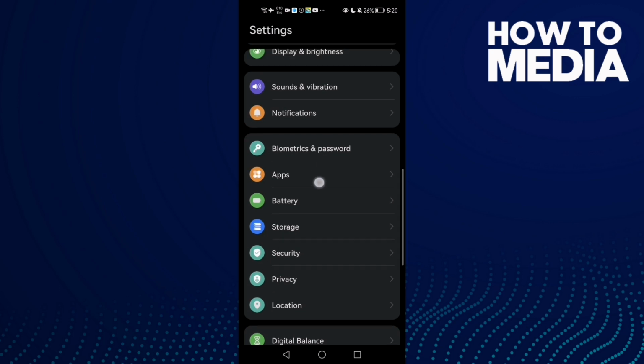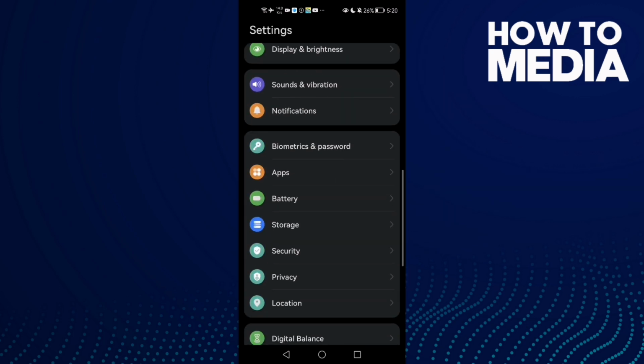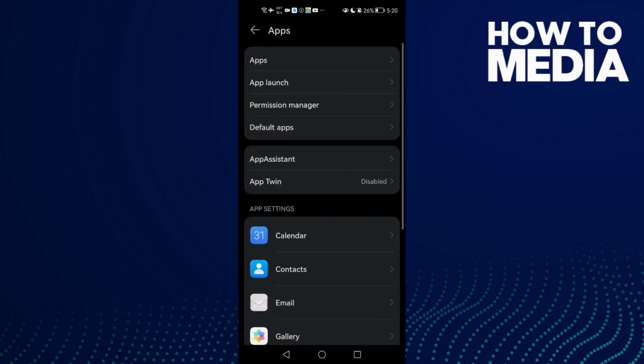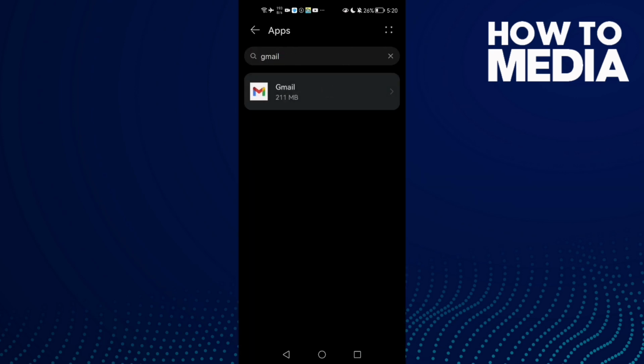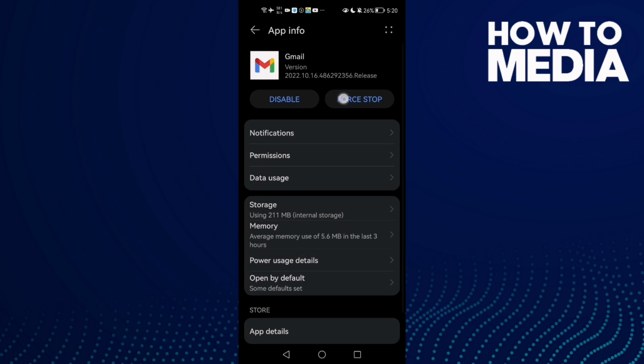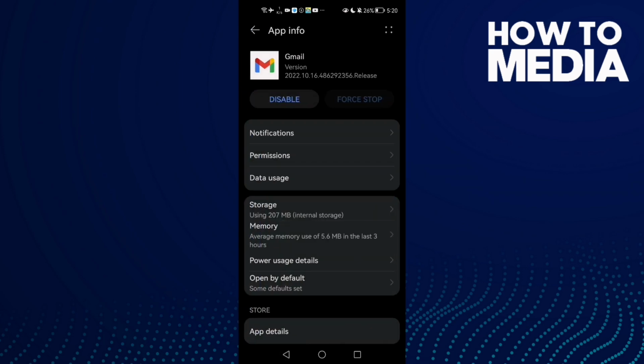First open settings, and now scroll down until you find here apps, and then click apps again, and here just type Gmail and click on it, and here we'll find force stop, and then click storage and click clear cache. And now just go back and try again, and if that doesn't fix your problem, come back here and click